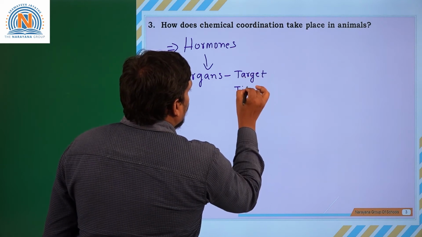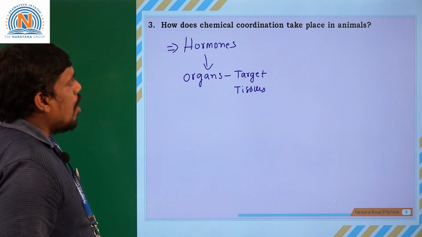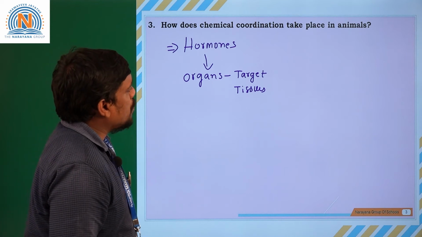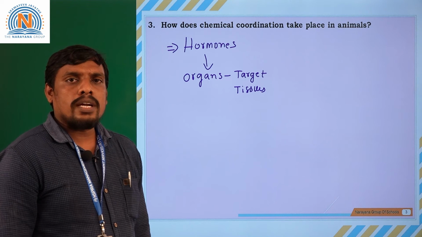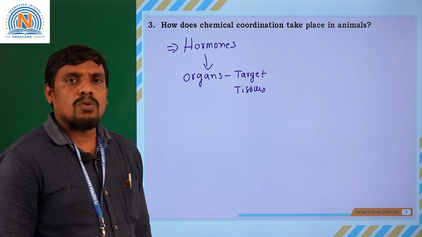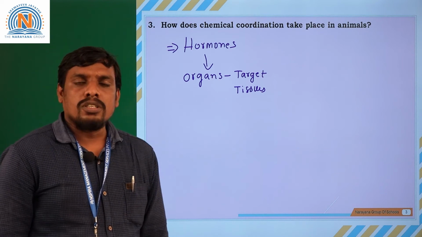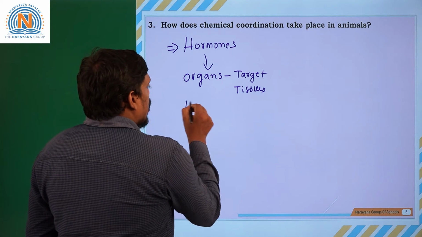Anyway, all the animals have a well developed endocrine system which produces hormones. This endocrine system is responsible for control and coordination through chemicals, and there is a well developed